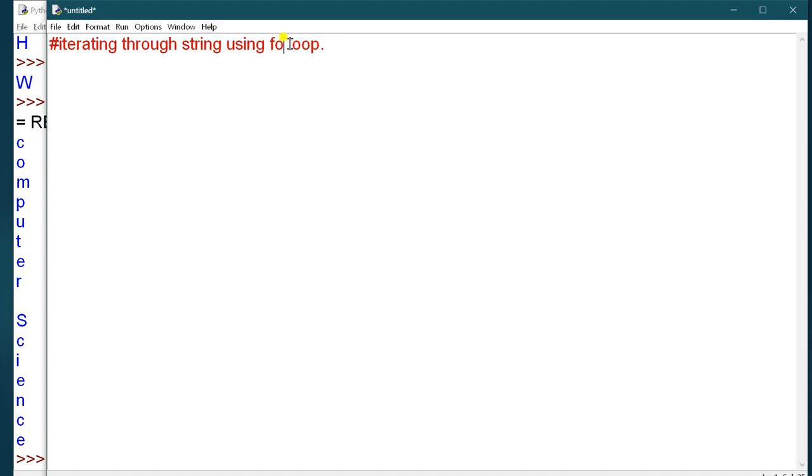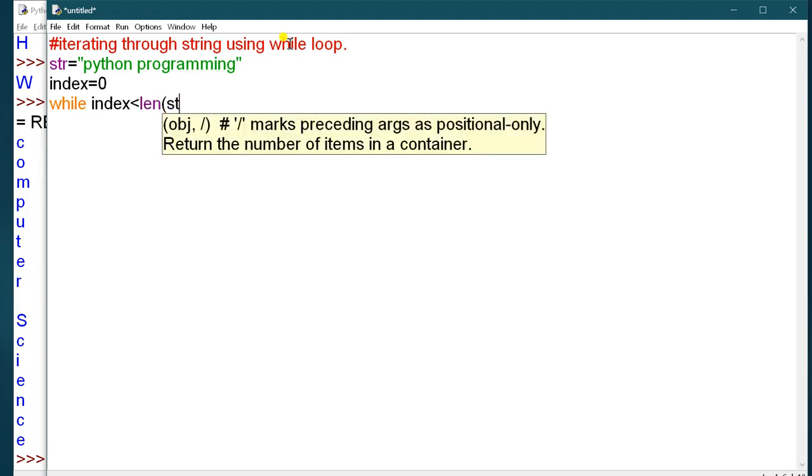Now the next is iteration through a while loop. Here str is equal to "Python programming", and the initial value of index is 0. Now here I have to use the while loop: while index is less than the length of this str.